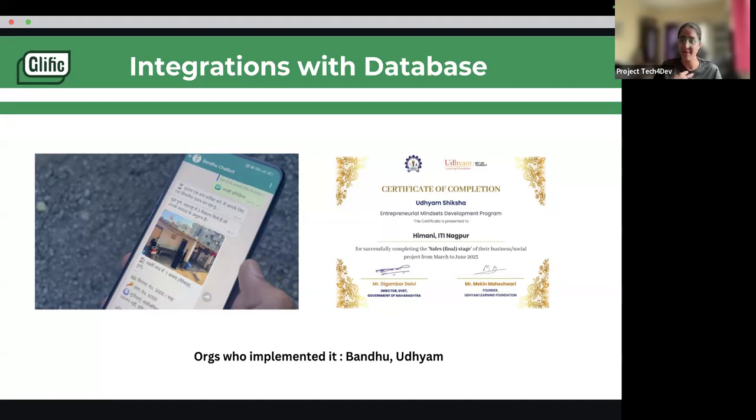If I'm a migrant worker, I'll go and share my requirement on Bandhu's chatbot, and the request hits Bandhu's backend, their database, picks the information from there and sends me the answer. That way, Bandhu is able to integrate their database and make the chatbot answer things beyond the chatbot, because my data might not be in a contact profile or in a regular flow of Bandhu, but it's hitting the database every time and getting the answers.